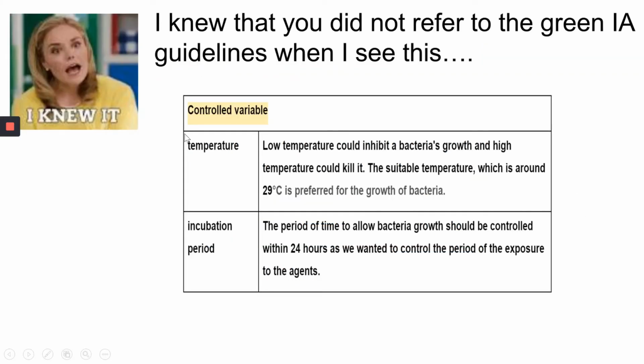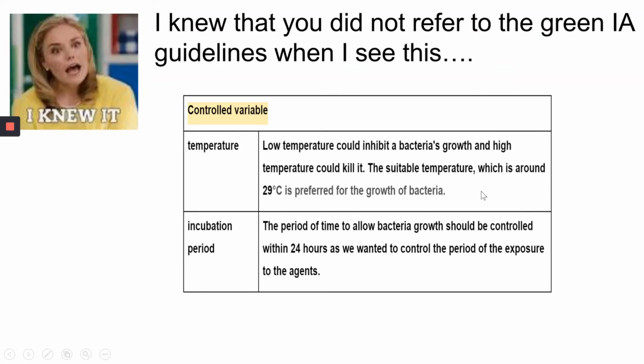So this is actually taken from one of the previous year's examples, from the mock IA. And I made a meme and said, I knew that you didn't refer to the green IA booklet. When I see this now, what happened here is that the student did not separate into 3 columns, and they just mentioned temperature. They did mention the values,